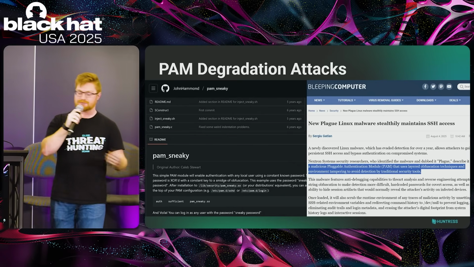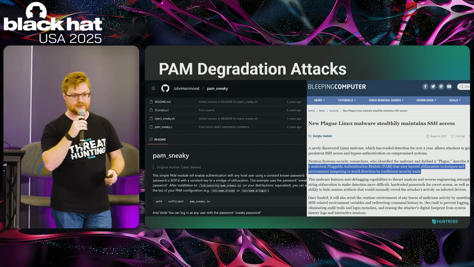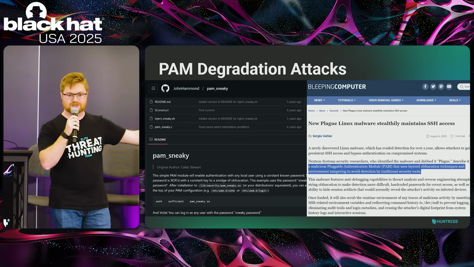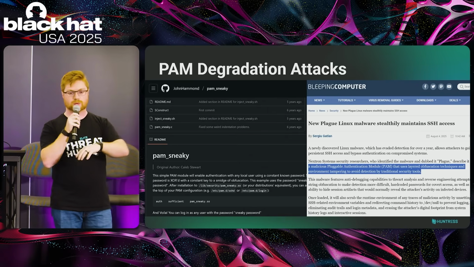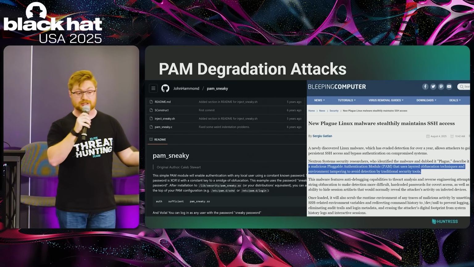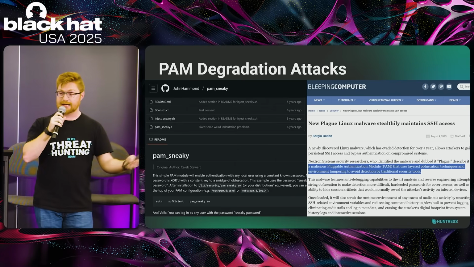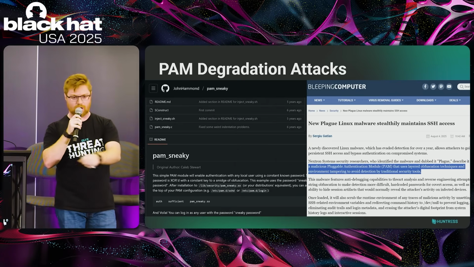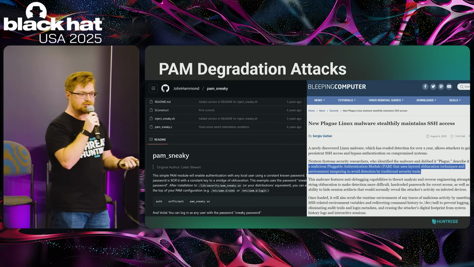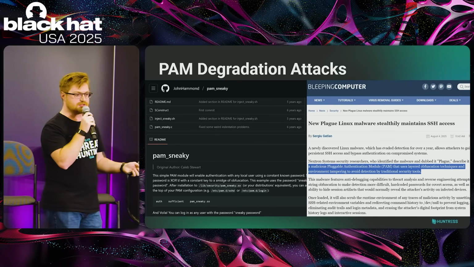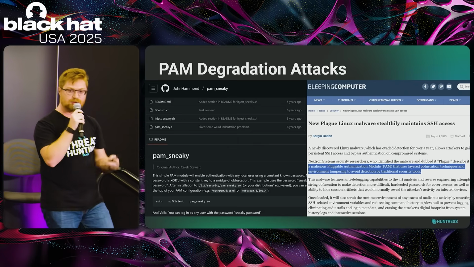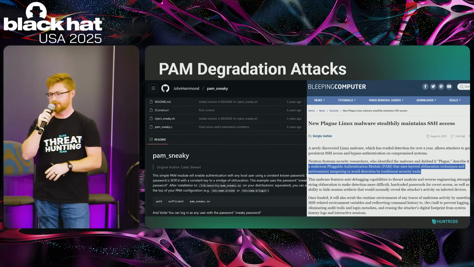Now this one, PAM degradation attacks, folks are probably familiar with. Maybe you nod and follow along with this one. As you log in to Linux, as you enter your command line, you log in Ubuntu, root, whatever the case may be, that's all handled by the Pluggable Authentication Module, or PAM. And you might have seen inside of your /var or /etc directories, you can see a lot of the PAM configuration files. Some of those are shared object files, .so files, that determine the correct authentication: when do I allow someone to log in, or deny it one way or the other?